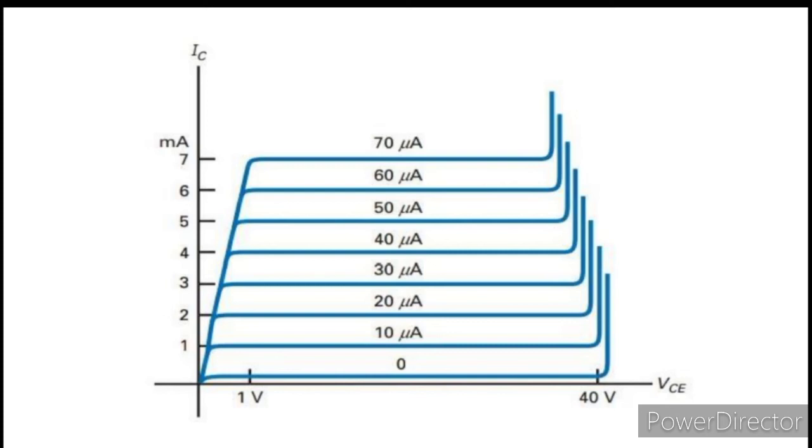This represents the normal operation of the transistor. In this region, the emitter diode is forward biased and the collector diode is reverse biased. Furthermore, the collector gathers almost all the electrons that the emitter has sent into the base. This is why a change in collector voltage has no effect on collector current. This region is called the active region. Graphically, the active region is the horizontal part of the curve. In other words, the collector current is constant in this region.